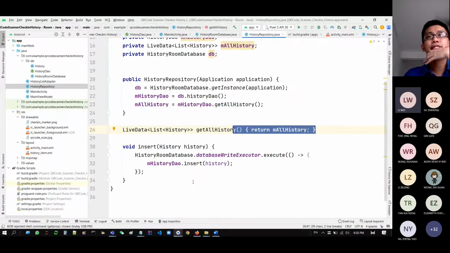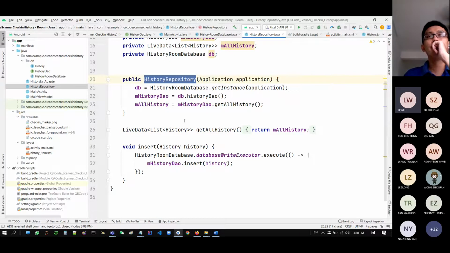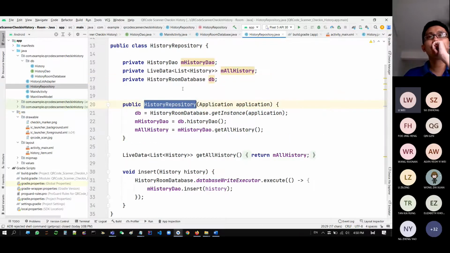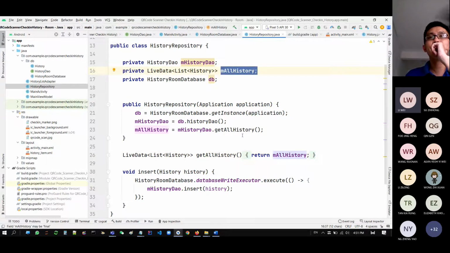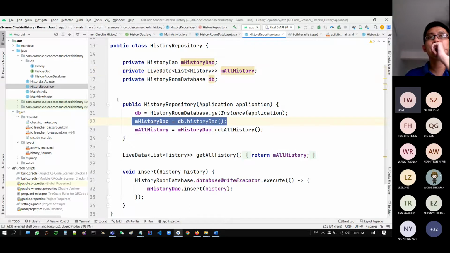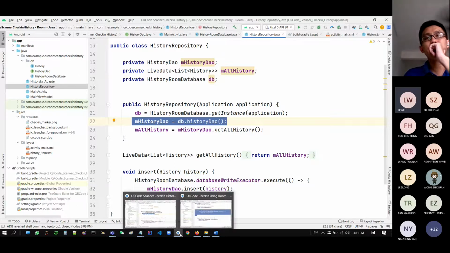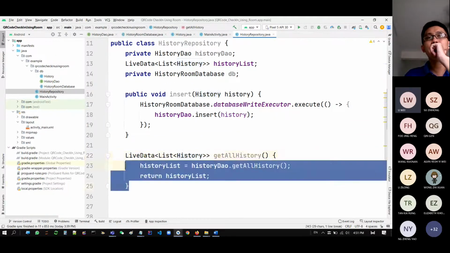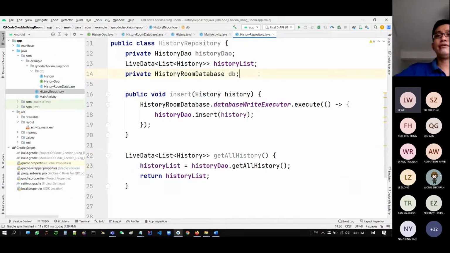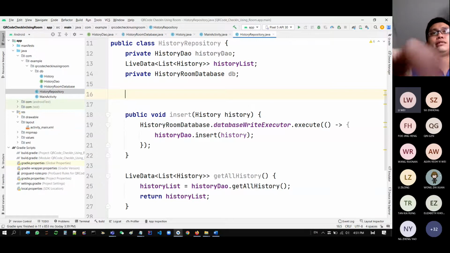Okay, I think it's better to have a constructor. I forgot about the constructor. The constructor is also needed, and then this value, we just return the value. We don't do the DAO here; we do the DAO here, when we construct this repository. Actually, it doesn't matter. You can do it this way, or if you have a constructor,